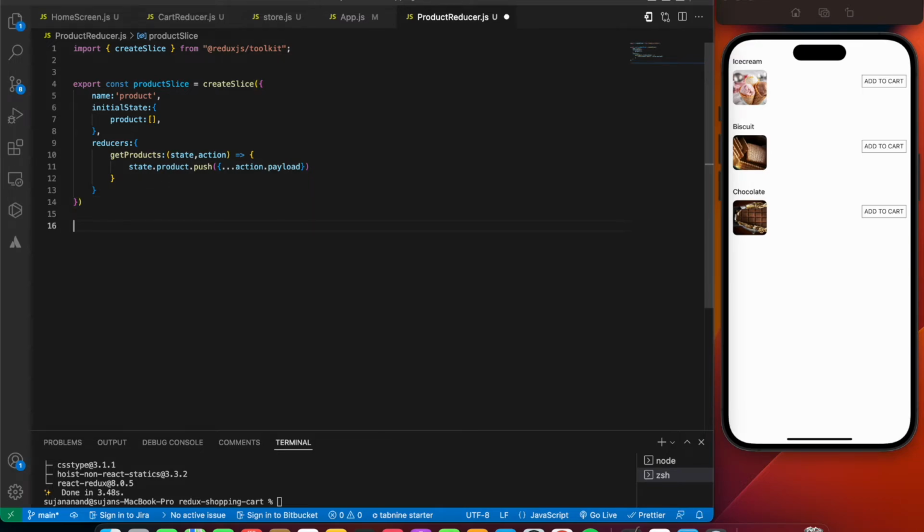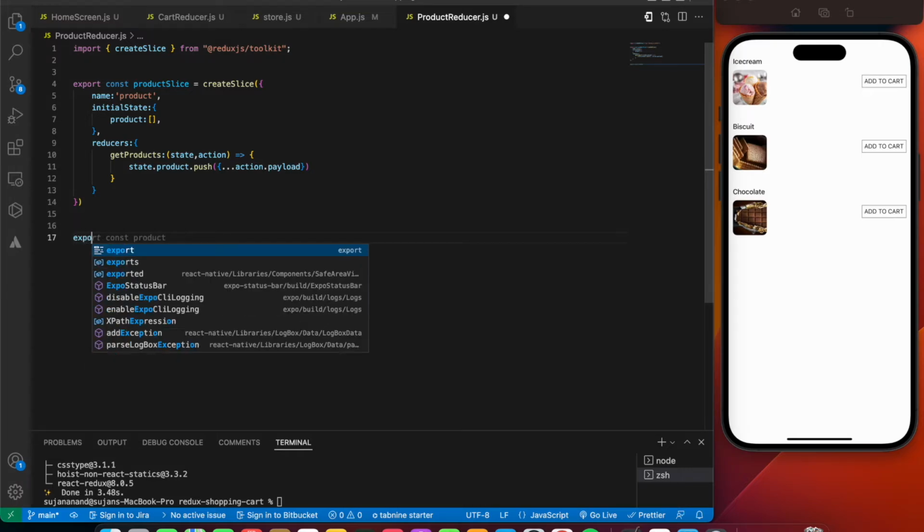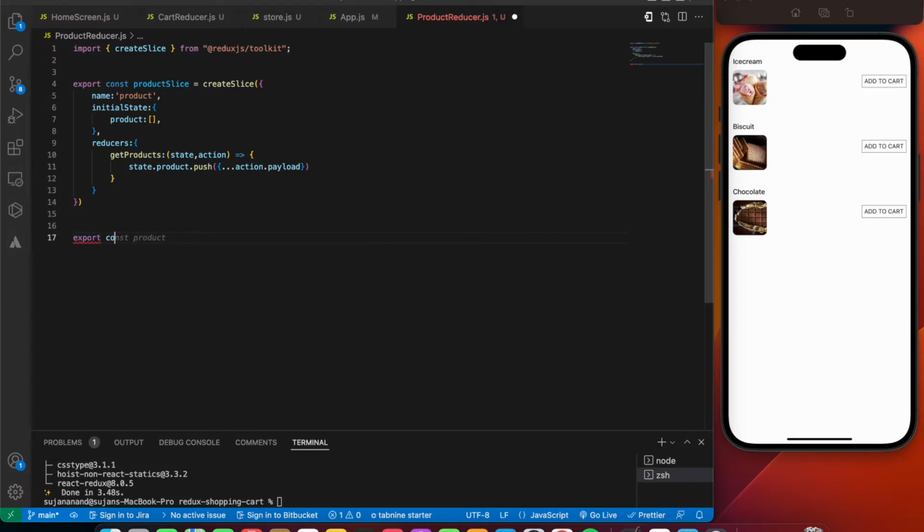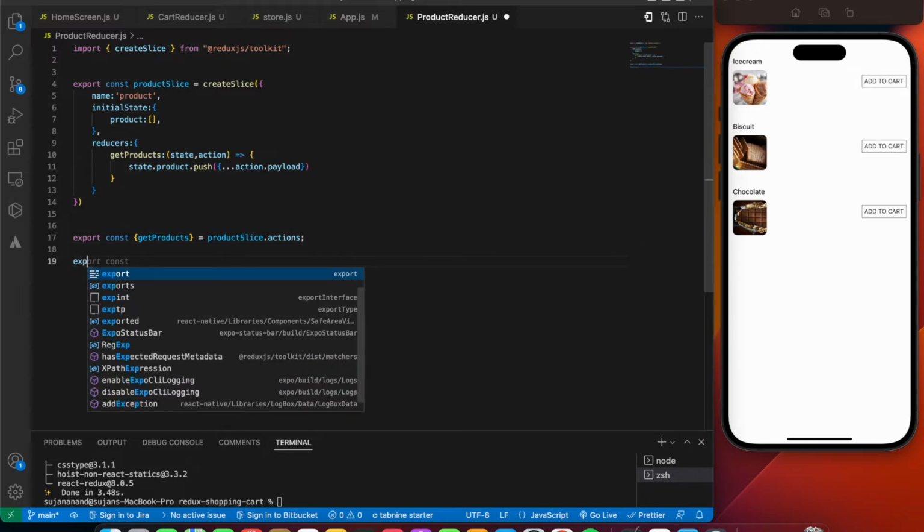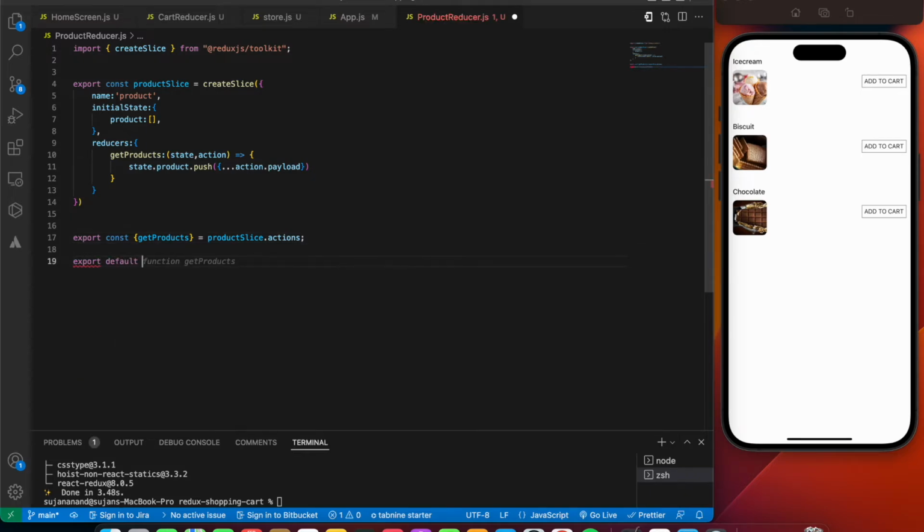So now let's export the correct details. So we're going to say export const getProducts equals product slice dot actions, and it's going to be export default productSlice.reducer. Okay, so now the next thing is to include our product reducer inside of our store.